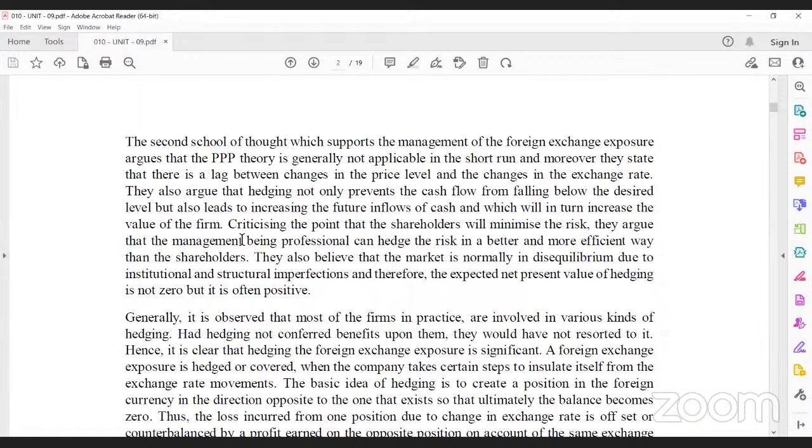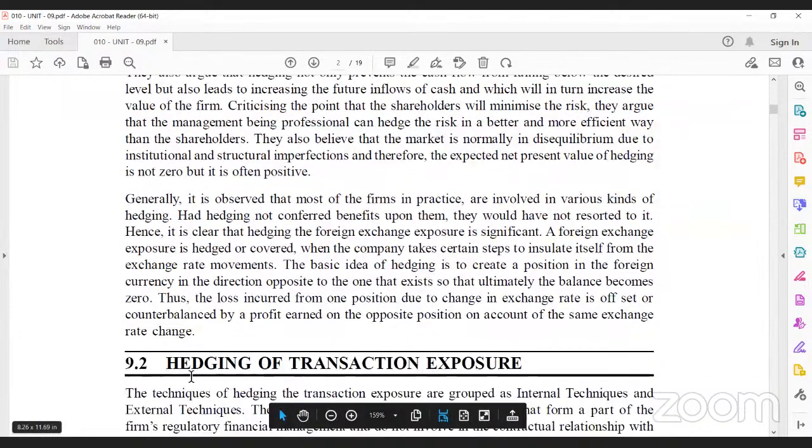It also believes, the second school of thought, that the market is normally in disequilibrium due to institutional and structural imperfections. Therefore, the expected net present value of hedging is not 0, but it is positive. Now, if you look at these thoughts,